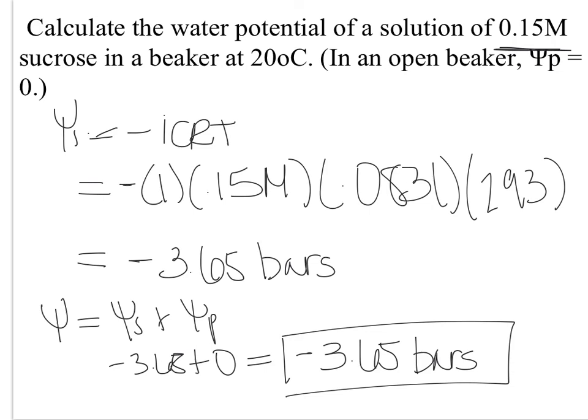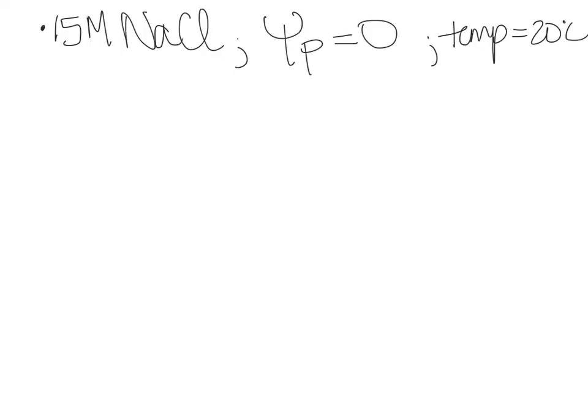Now we could completely change all of this if we just made our solution out of salt instead of out of sugar. So I'm going to add in a slide real quick and show you what that would look like. All right, so it's the exact same problem as before. We're still working with 0.15 molar solution, but this time it's made out of salt, not out of sucrose. Our pressure potential is still 0, and our temperature is still 20 degrees Celsius. We are still finding water potential, but we're going to have to start with solute potential first. So our solute potential is going to be equal to